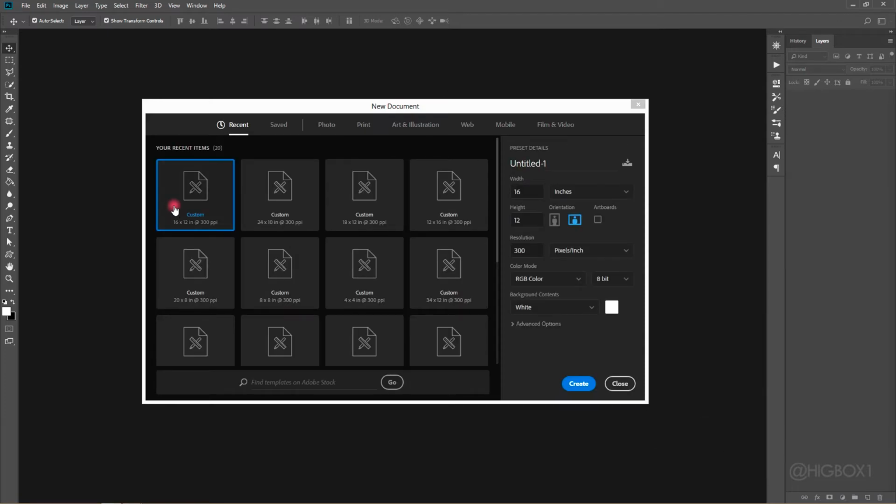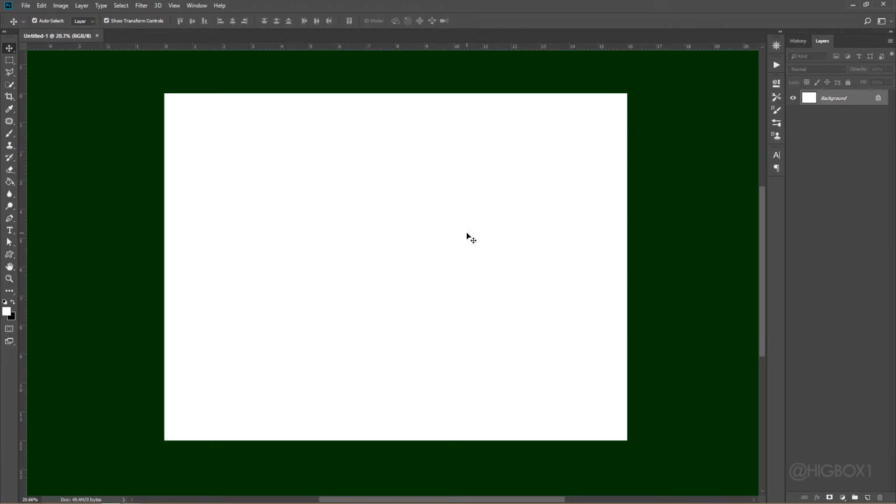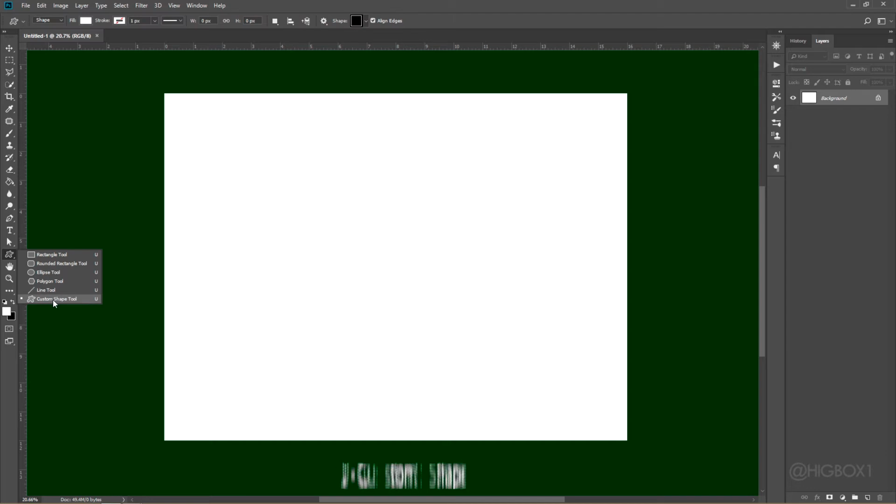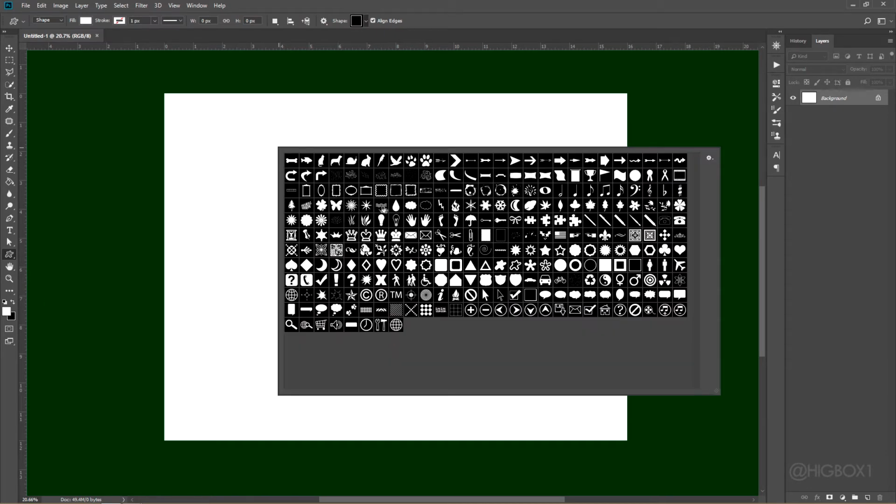So first of all, what we do is open our Photoshop. We create a working space. I'll be working with a working space of 12 by 16 landscape mode. After that, come to the custom shape tool, then click on it. You see this dialog. Then we are going to work with this 10 square frame, so we can actually work with any of the frame here.